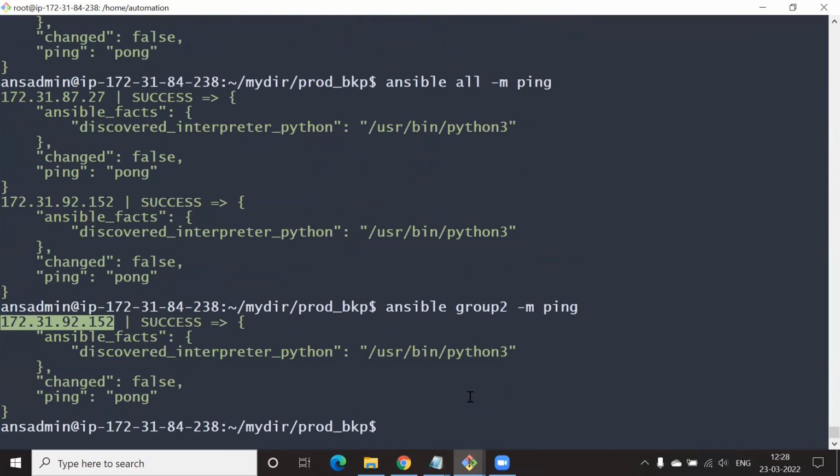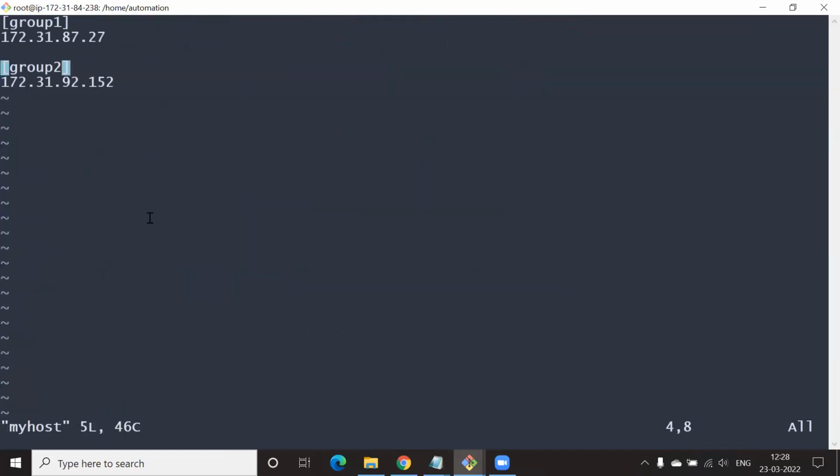Now go back into my host and change group1 to web_servers and group2 to db_servers, web underscore servers and DB underscore servers. Okay, that's okay. Continue.